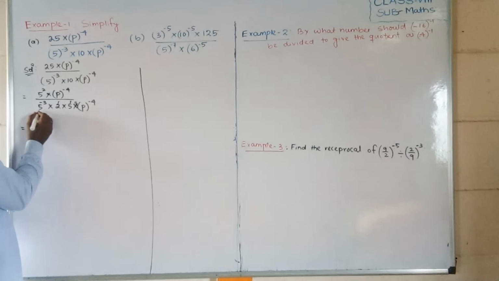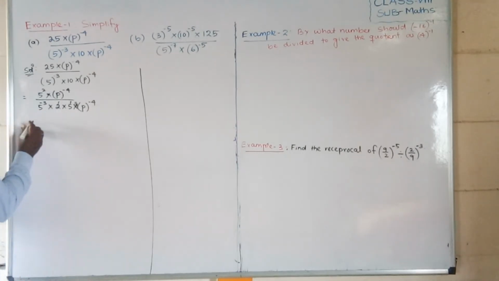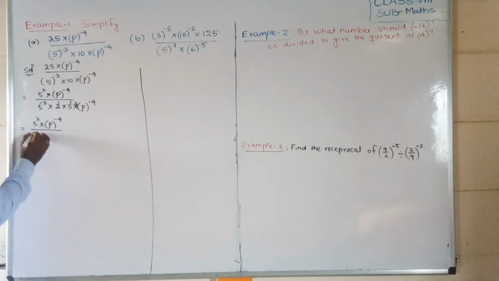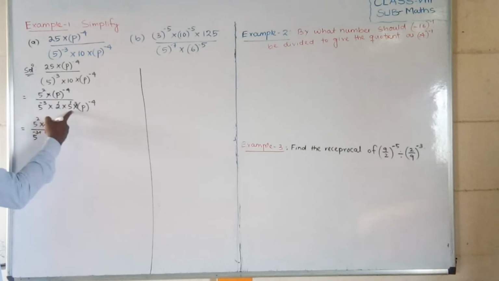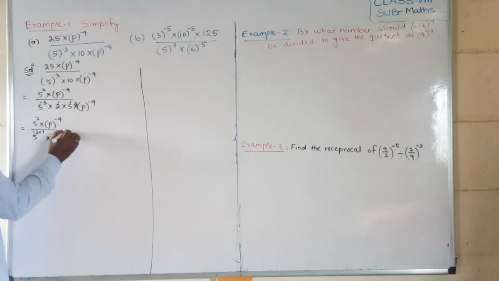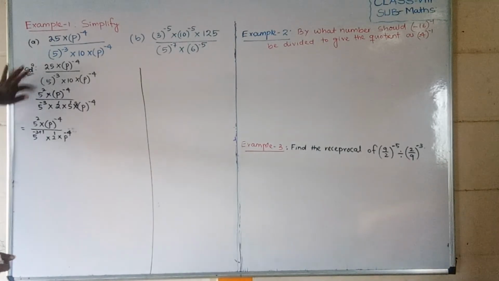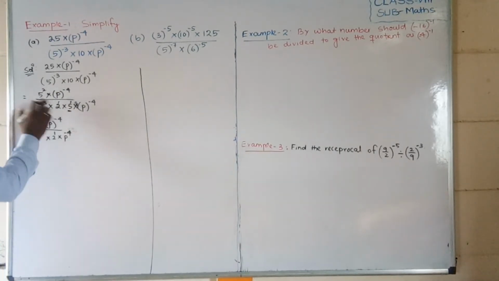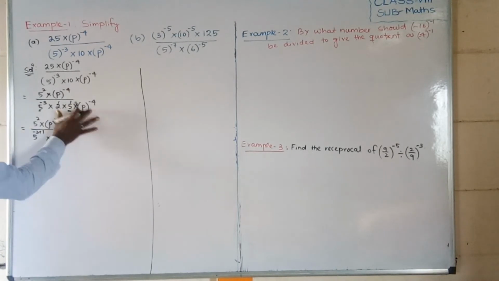Now we can also simplify, students. Here a 5 is there and here a 5 is there; that we can simplify first. (5 to the power 2)^-4 p to the power minus 4 by 5 to the power minus 3 plus 1, because the base is the same, into 2 to the power 1 into p to the power minus 4. Did you understand, friends? The first step I kept as usual. In the second step you observe that both 5s are the same base, so the powers will be added, and the rest I kept as usual.